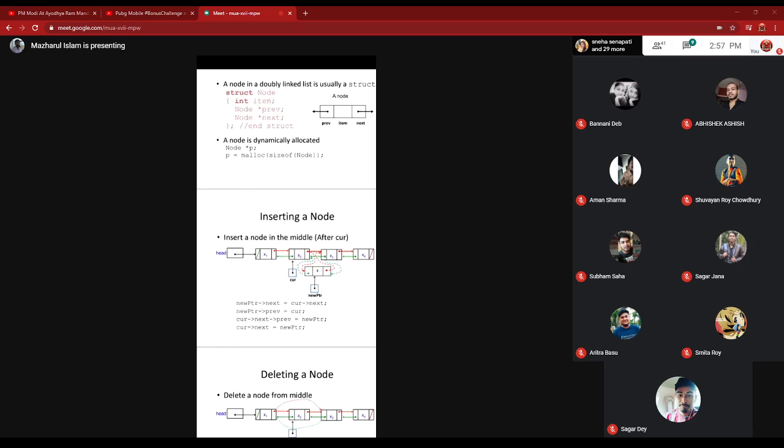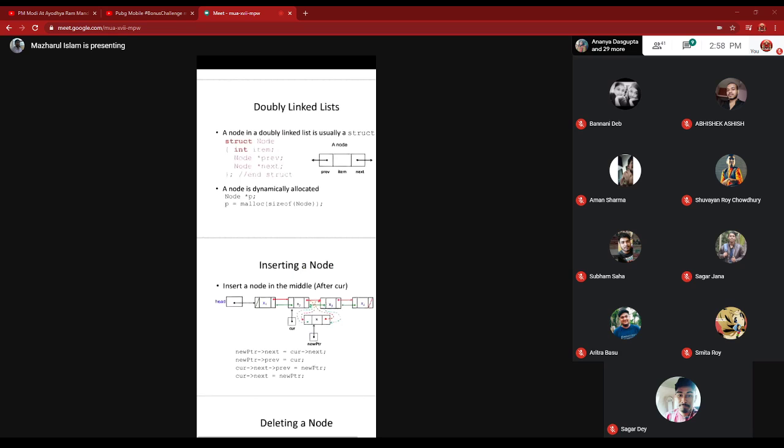So inside the bracket you have to write node star, then close the bracket, malloc sizeof node, and the address returned by the malloc will now be typecasted to the node type, and it will be stored in p. Okay, so this is the explanation of this slide.